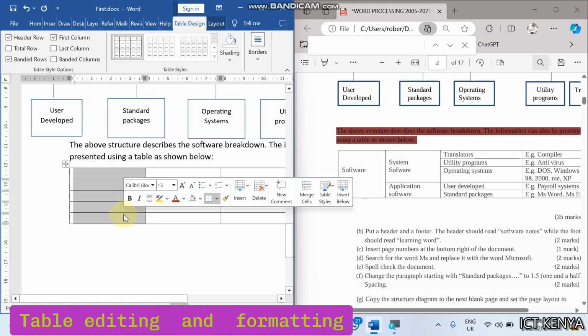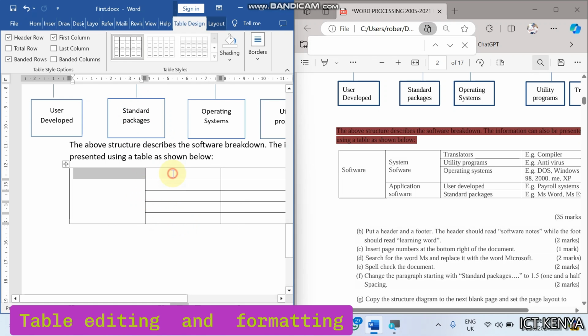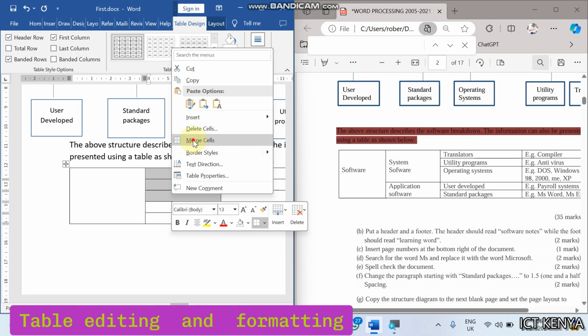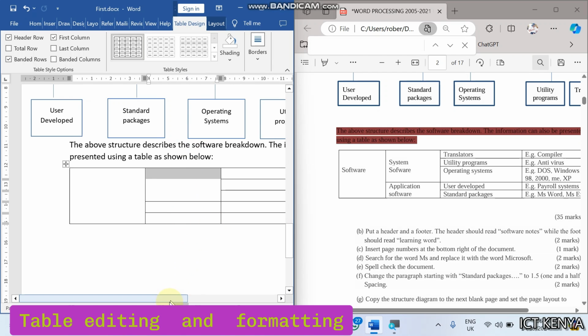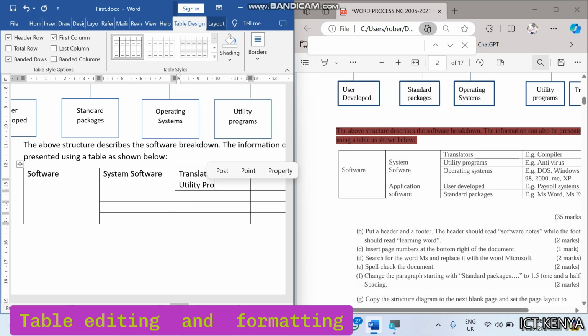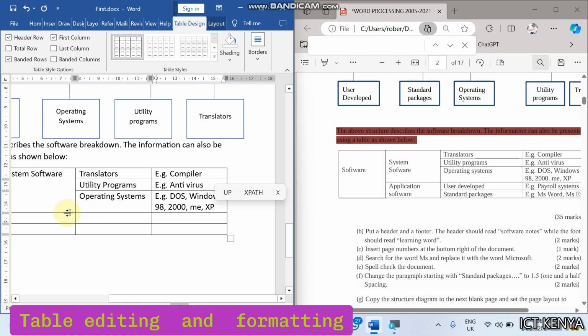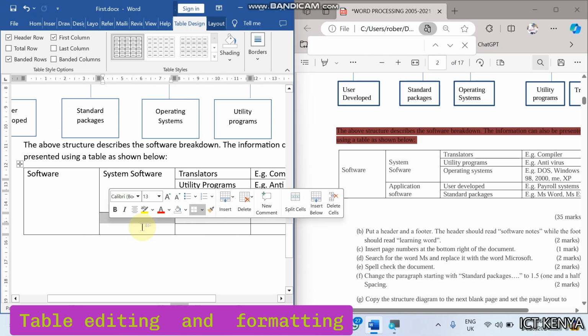The first column is merged. So right click and merge cells. Then the first 3 rows are also merged here. Right click and merge. And then the last one is just type in, we are done. So this is just software. This one here will be merged into one. So this is